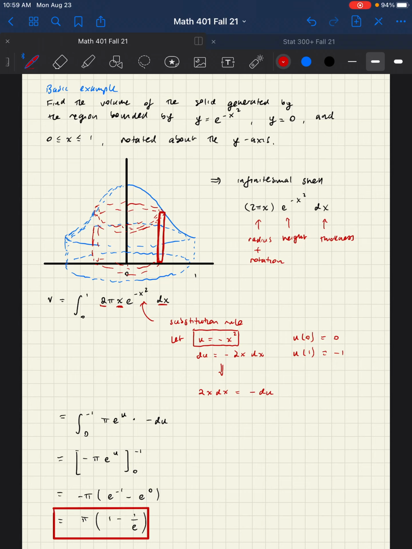So in the next video, we're going to apply the method of cylindrical shells to more general situations. The next video is pretty example driven, and then keep an eye on all the different